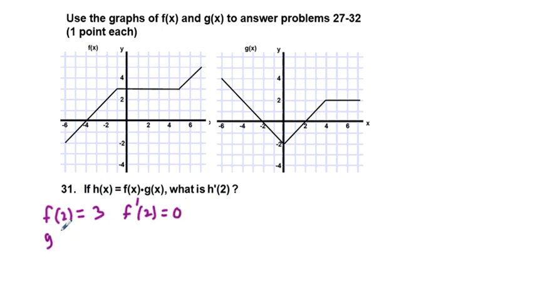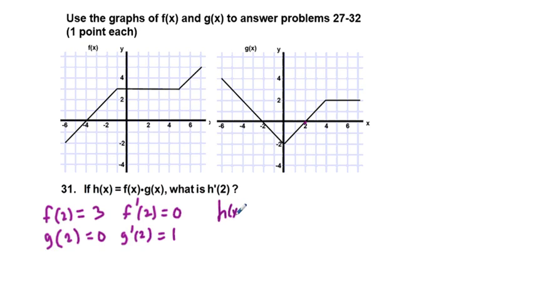g of 2 is going to be 0. Right, we go to the function at 0. And g prime of 2 is equal to, the slope here of this part of g is 1. So